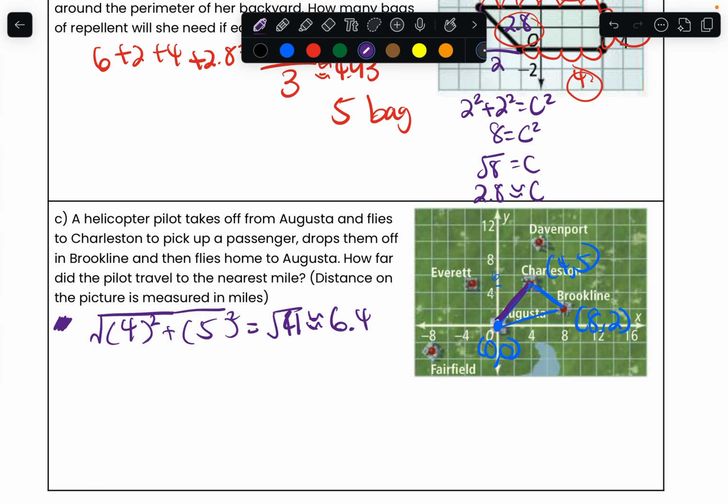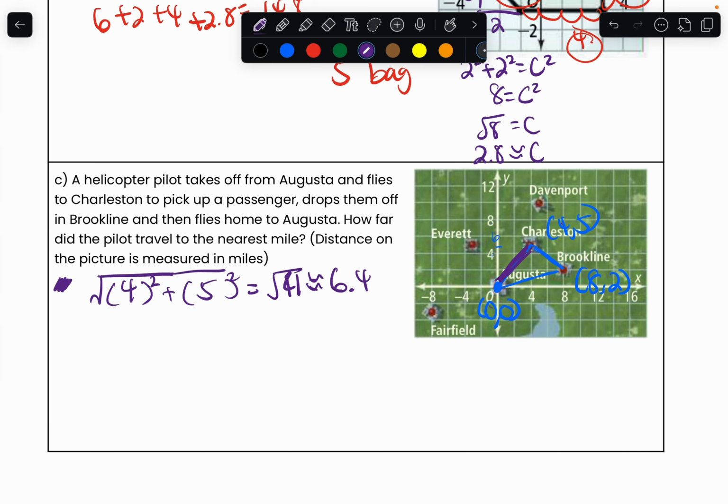Now, I do the same thing with my other side. Let me do my red right here. Same thing. Let me find the difference between their x first. Well, the difference between 8 and 0 is just going to be 8. So it's going to be 8 squared. The difference between 0 and 2 is just 2. So it's going to be 2 squared. After you put it in the calculator, it'll be the square root of 68, or rounded to the nearest 10th place, 8.2.